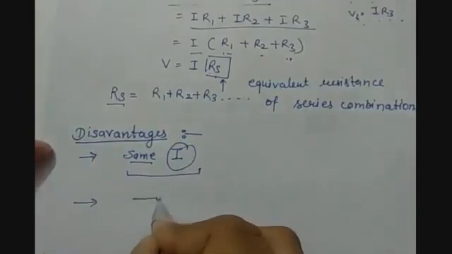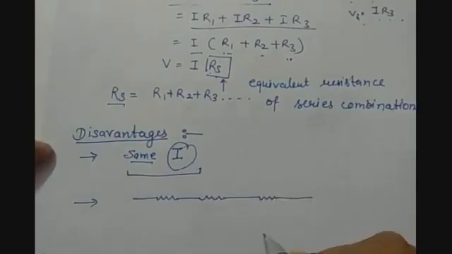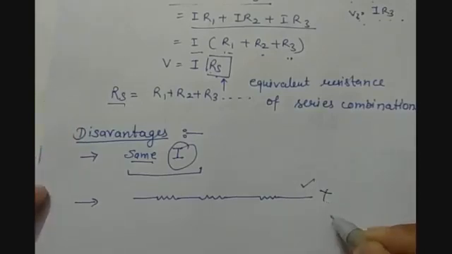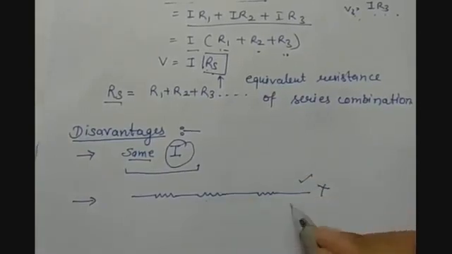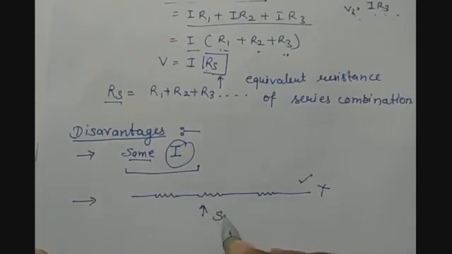Second, when the resistors are connected in series, all the electrical appliances connected in series will either work together or not work at all. So one situation can be switch on for all and switch off for all, which is not always required, because many times we want some of the electrical appliances to work while some of them should not. So we cannot switch any single electrical appliance in case of series connections.